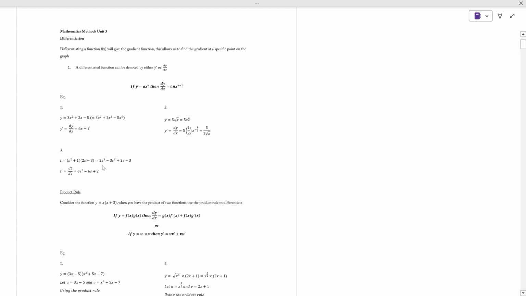So I'll just go through it real quick. Bring the power of 3 to the front, so it's 3 times 2 gives you 6, and then obviously subtract 1 from the power again, so you get s to the power of 2. Same thing with this one, bring the 2 to the front, 3 times 2 is 6, and then subtract 1